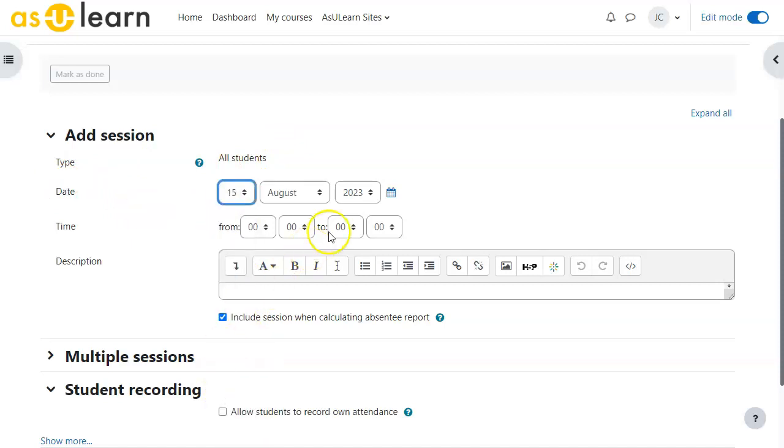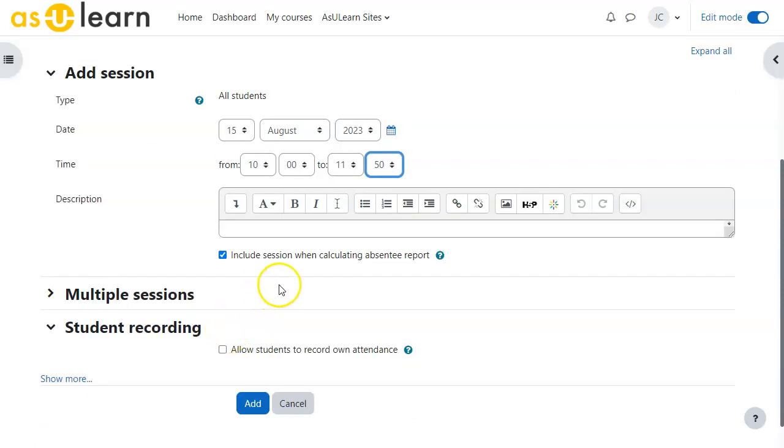So let's say the 15th of August. I'm going to set the time. We're going to meet from 10 o'clock to 11:50. So there's that. And I'm going to include, almost always we're going to include those sessions in the calculated absentee